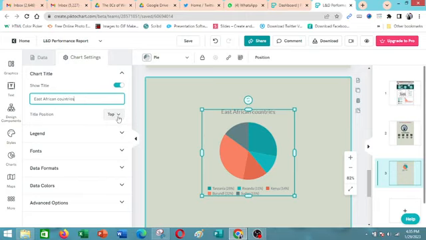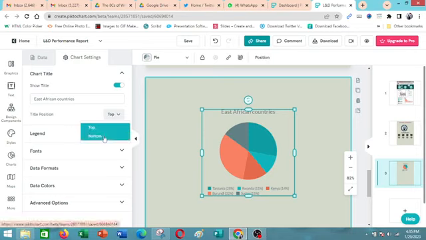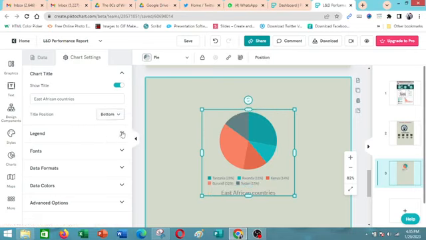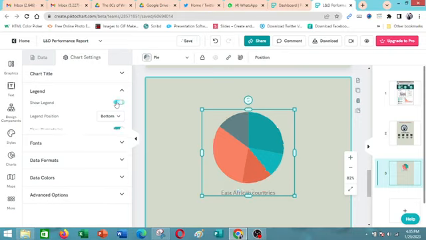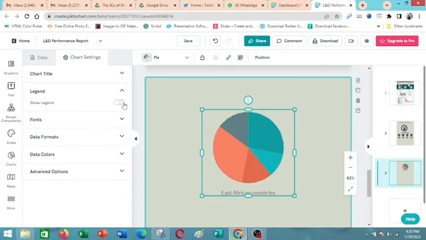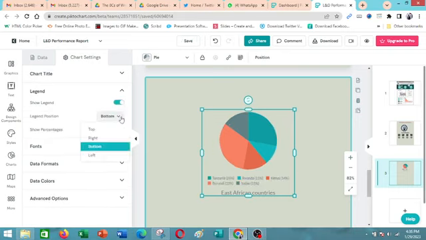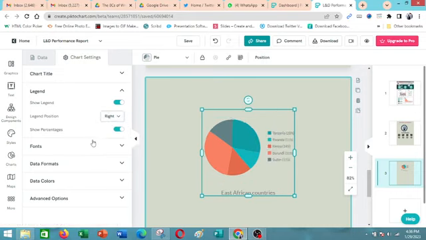And you decide where you want the title to appear, either the top or bottom, depending. Then the legend is these items showing here. You can also decide if you want them to show. If I undecide that, as you can see. Then also the position, whether you want the legend at the right or at the top, depending on your preference. And also you can decide if you want the percentages to show,